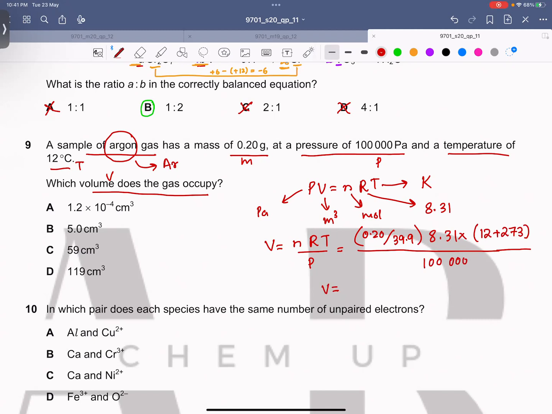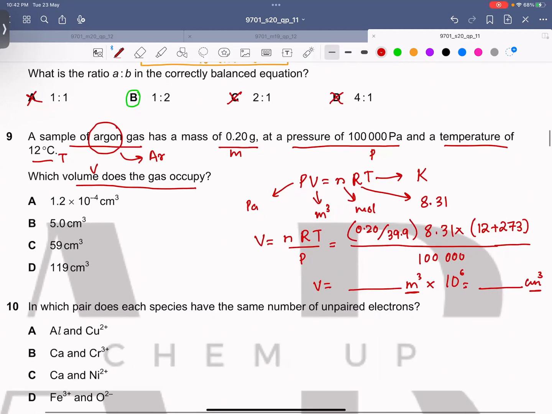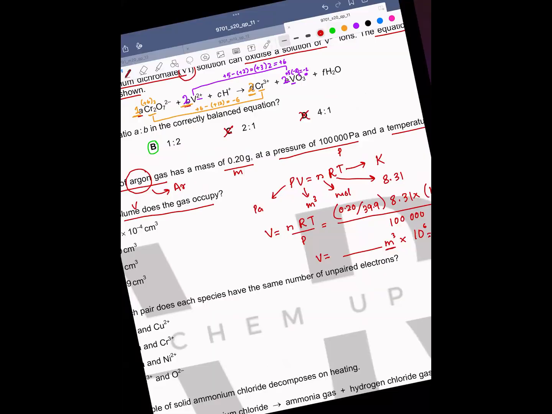And see, all the answers are in centimeter cube. Here, whatever answer we got is in meter cube, so we times it by exponent 6 to convert into centimeter cube. So first tell me the answer in meter cube, then we will convert it into centimeter cube. It is 1.86 exponent minus 4 meter